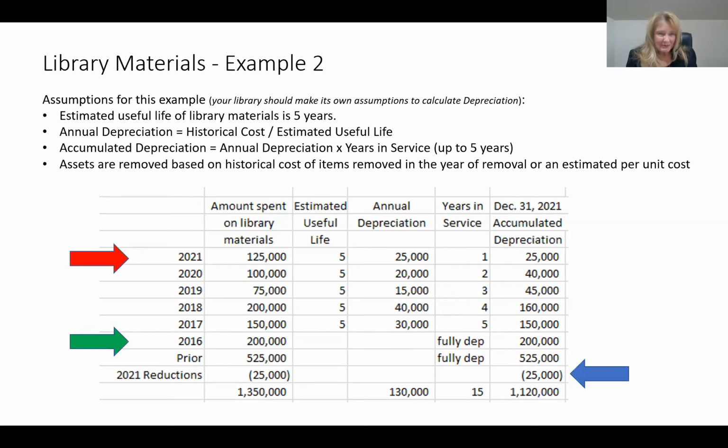Okay, and I'm sorry, can you repeat the question? Yes. Do the 2021 reductions on that slide just include items that were discarded that had been purchased after 2016, since older items had already been fully depreciated? That 21 reductions that I had on that slide, because this is not the assumption that things just drop off